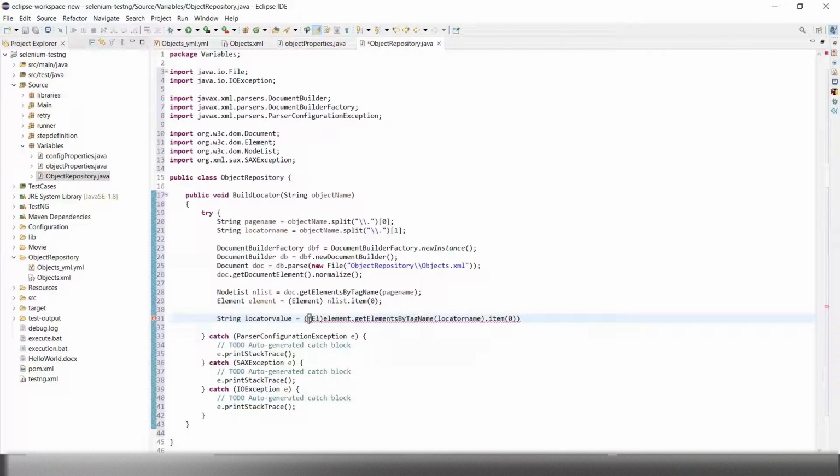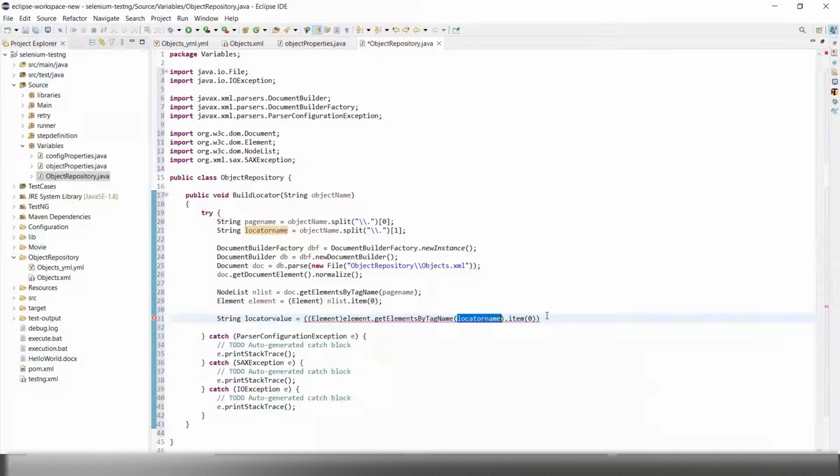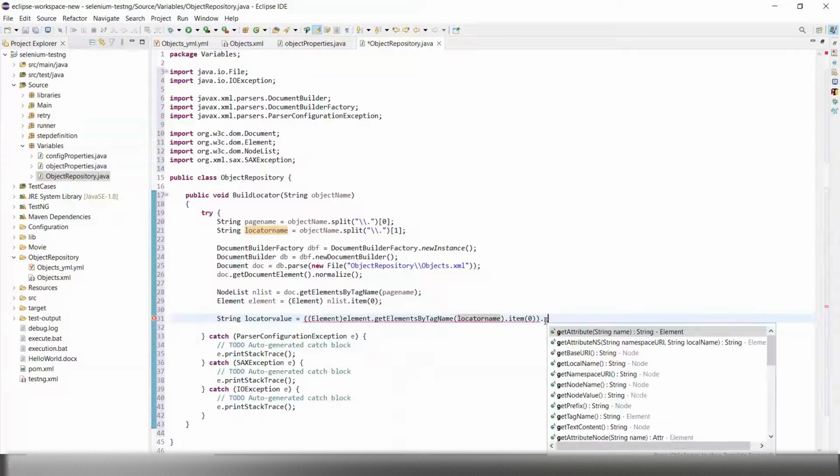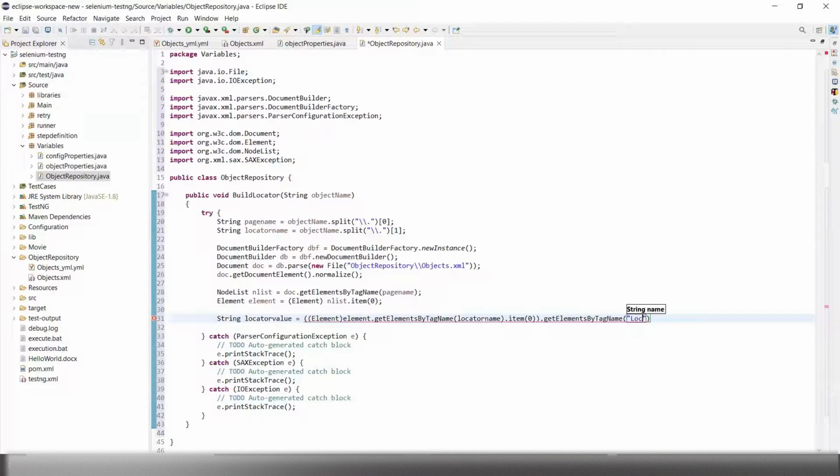So this will return our locator node. And then using the locator node, we can get the text of the locator type and value node. To get the locator value node, type .getElementsByTagName and pass the node name, which is locator value.